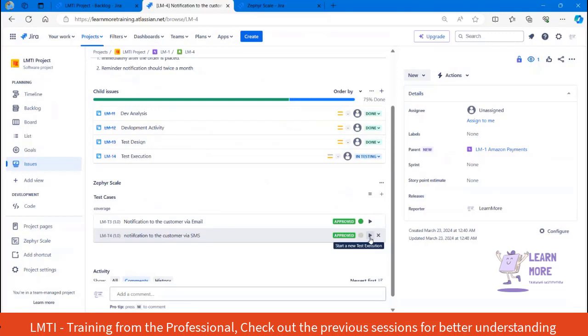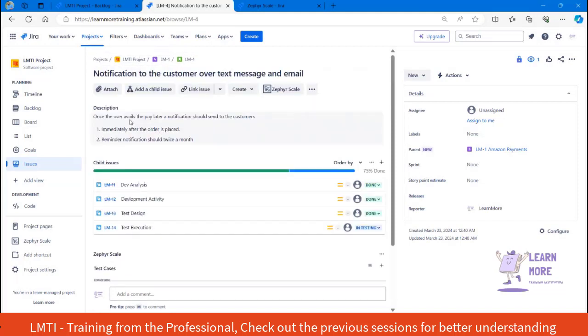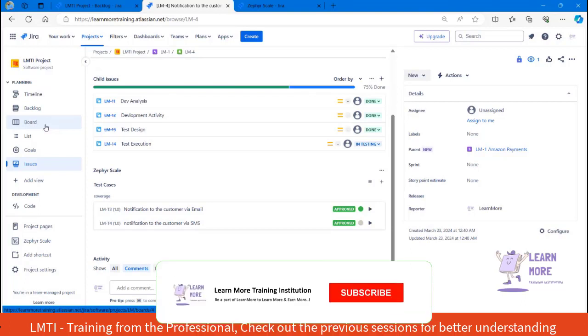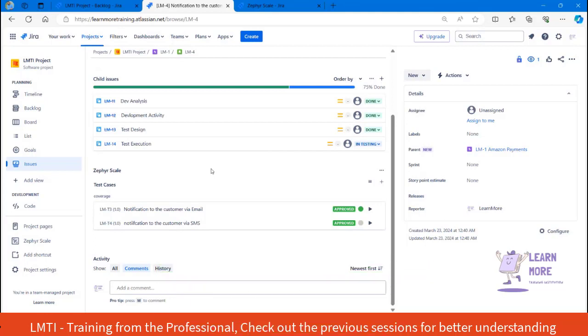Whenever you fail a test case, we should log a defect for it and map the defect to this particular user story, so that we stay on track. Whenever we create new defects, the defects will also populate in the Jira board. Now, as a next part, we are going to discuss how to log a defect, how to fail the test scenario, and after logging the defect, how to map the defect to this particular user story. Okay, so till this point, do you have any